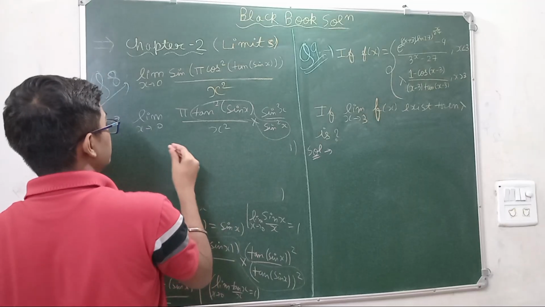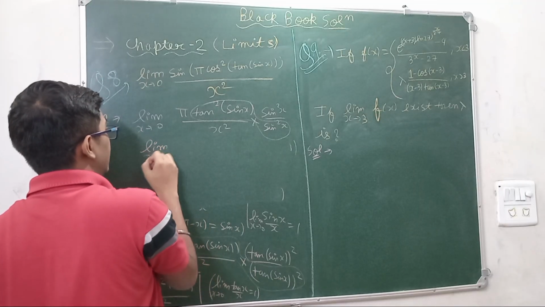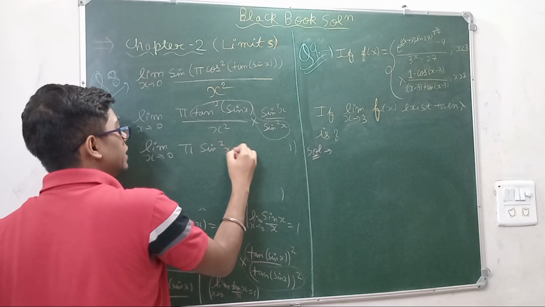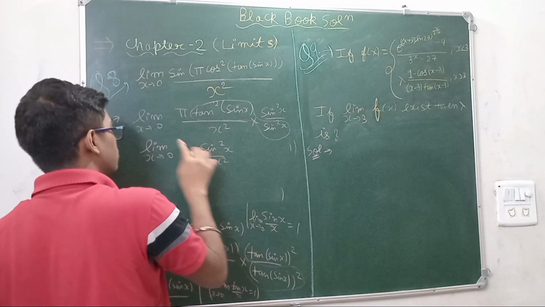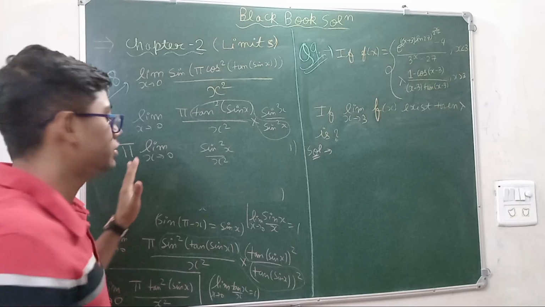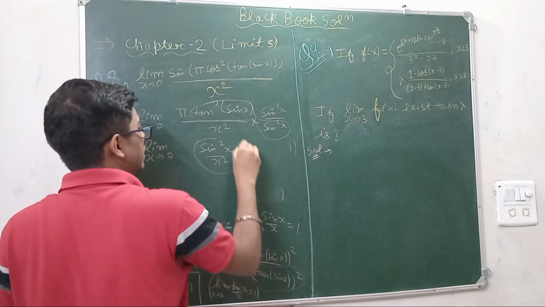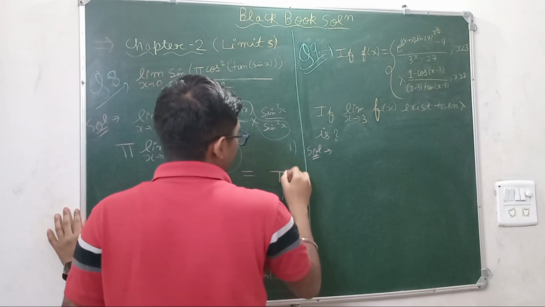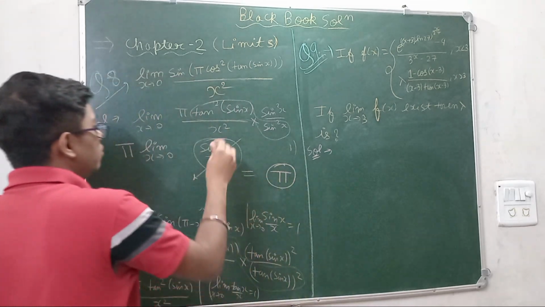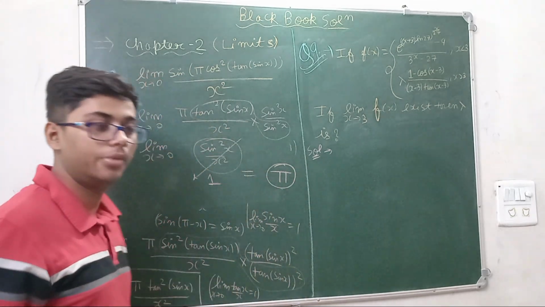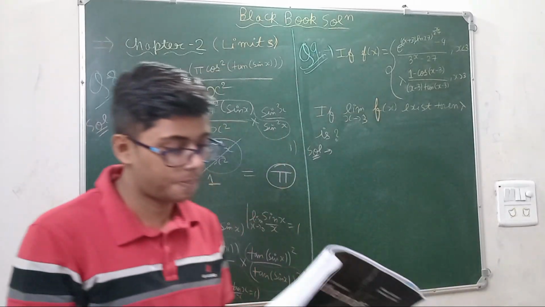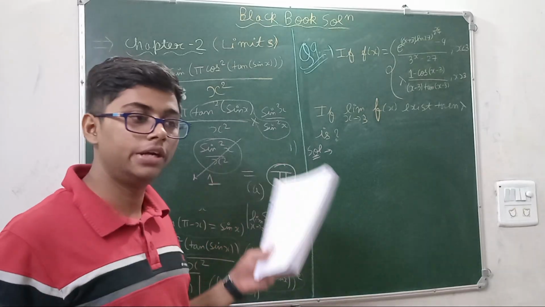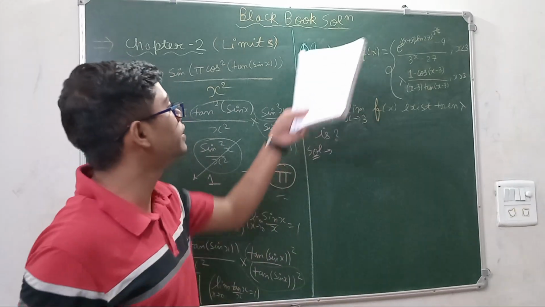And we are left with limit x tends to 0 of pi sine square x by x square. The pi is constant, so it will come to the outer side of the limit, and we know this is the standard limit, and the answer of the limit is 1. So the answer for this whole question is pi, only pi. Means the answer is pi for question number 8, which is option A. Okay, question number 8 is done. Pi is the answer. Now coming on to the next question, number 9.